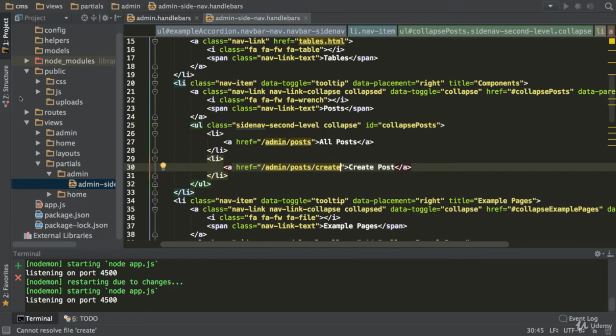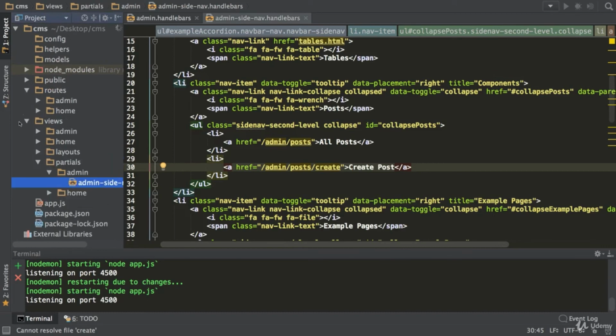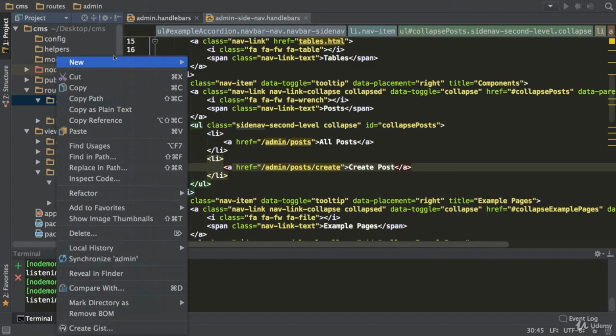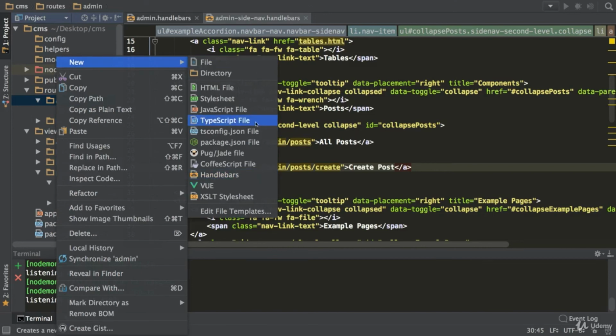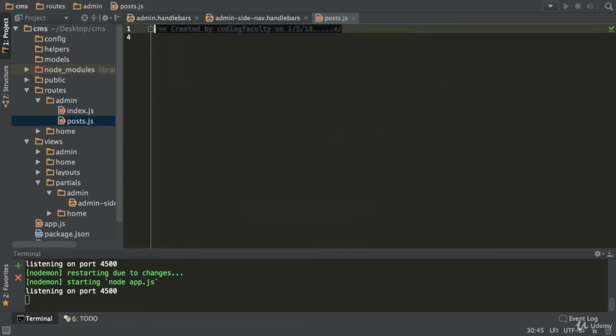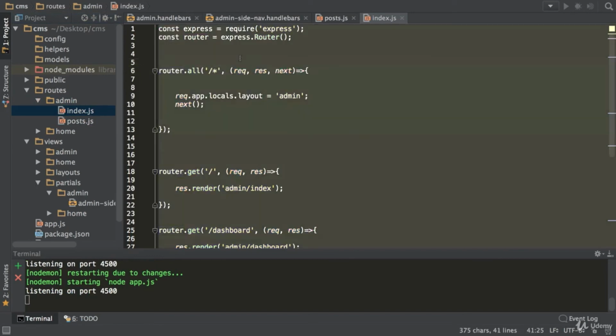So let's go to the routes folder. We have admin here. We need to create another directory, because inside admin we're going to have all the routes. We could do this in two ways. We could make all the directories like I mentioned, or we can just create the files. I'm just going to create the files, just not to make this too complicated. It's going to be a JavaScript file, so we're going to name this posts, just like that word, plural. Okay, posts.js. And it's going to be very similar to this.